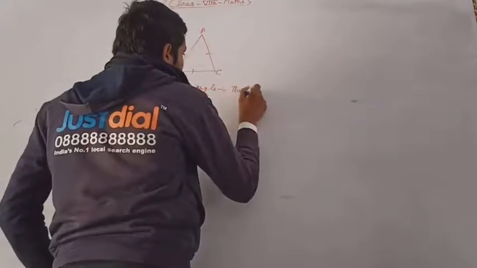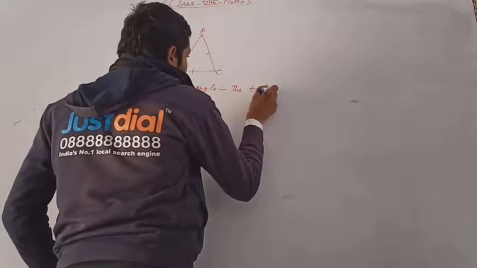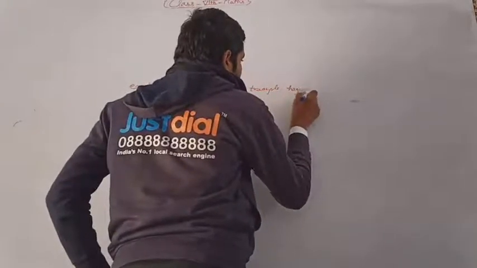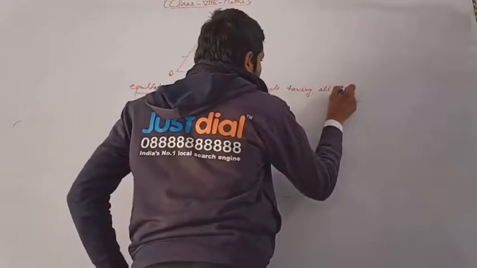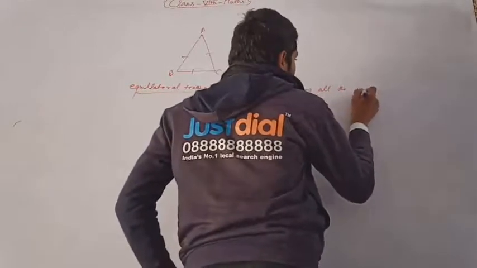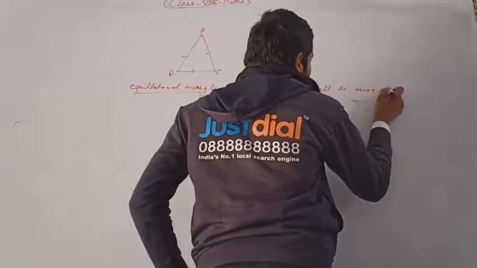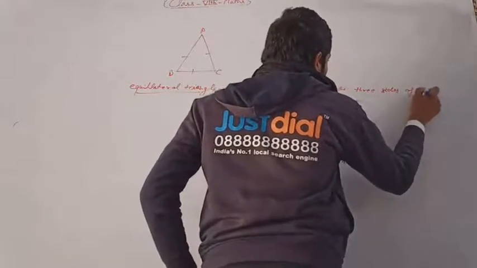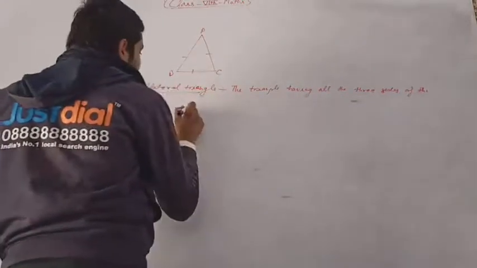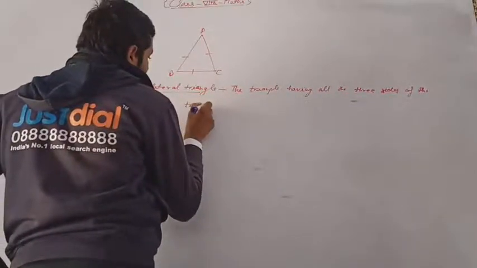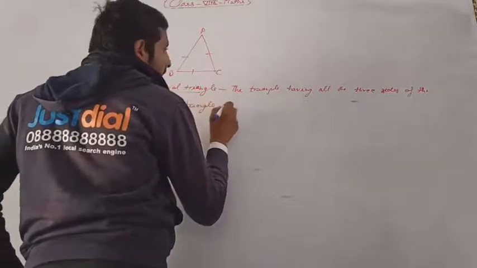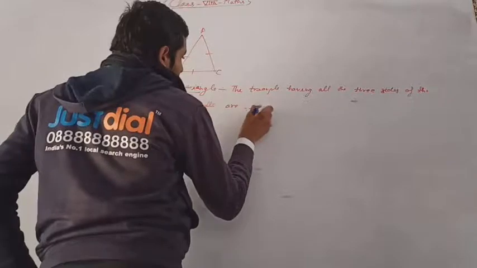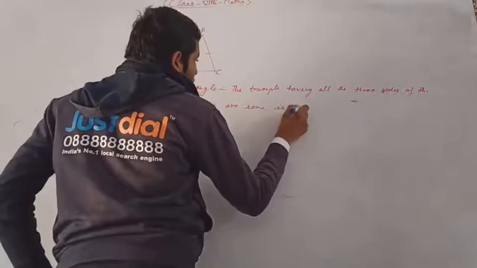The triangle having all the three sides of the triangle are same